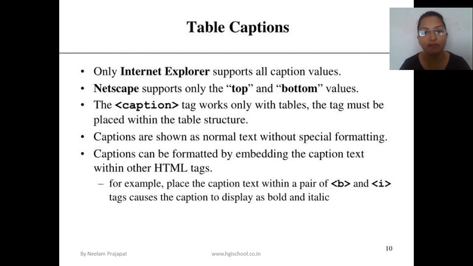Okay? If we have to design the caption, at that time we have to use the font tag. Got it? If we have to make it bold, italic or underline, then we can use the B tag, the I tag for italic, and the U tag for underline. If we have to change the color, size and style, then we have to use the font tag. I have told you about the font tag in the previous chapter. If we have to format the text properly, give it color, increase or decrease the size, or change the style of it, we can use the font tag.